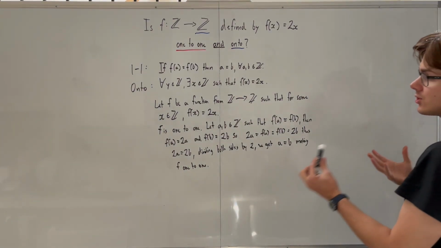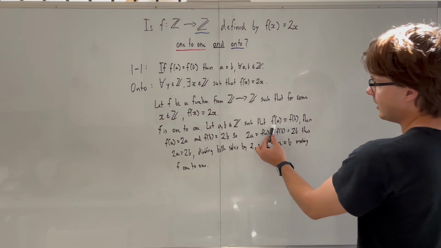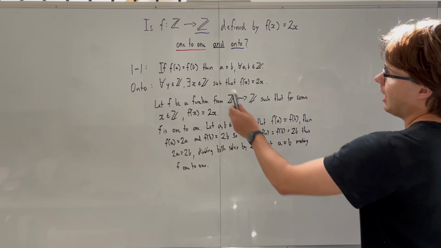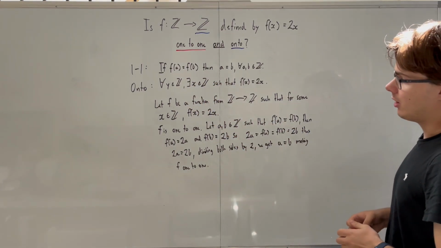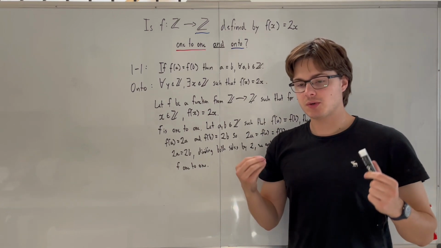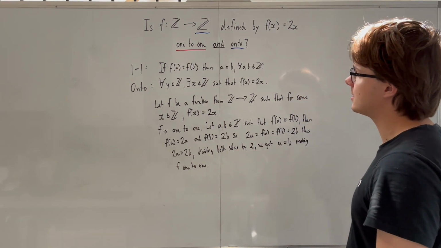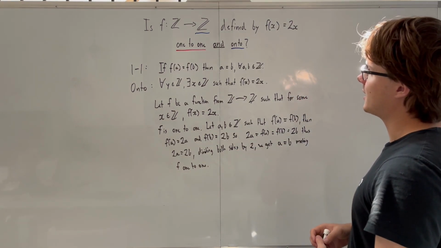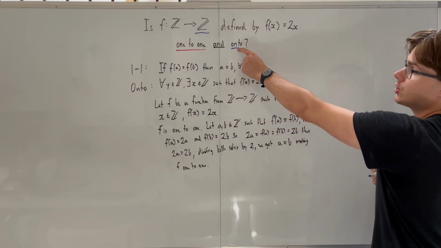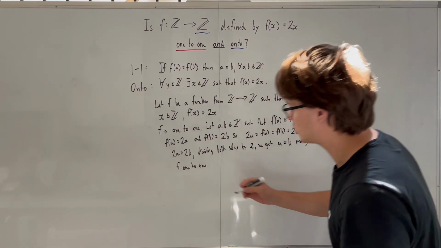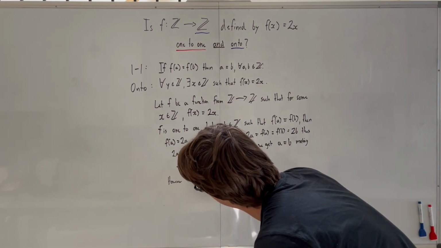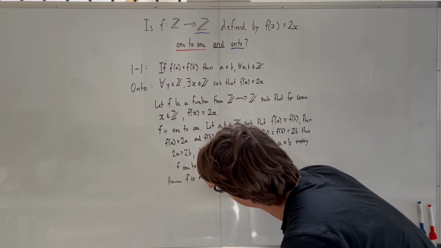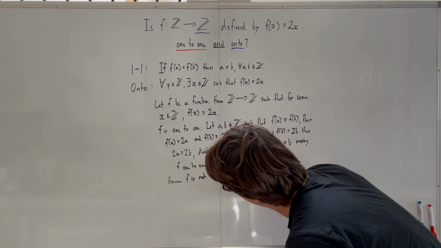We've shown that it is true that it's 1/1 for all integers a and b, because we've shown that when this is true, this must be true. So there we go. So we've shown the first condition, but of course we know that this is false, right? So what are we going to say? We're going to now try and show that it is not onto. So we say, however, f is not onto